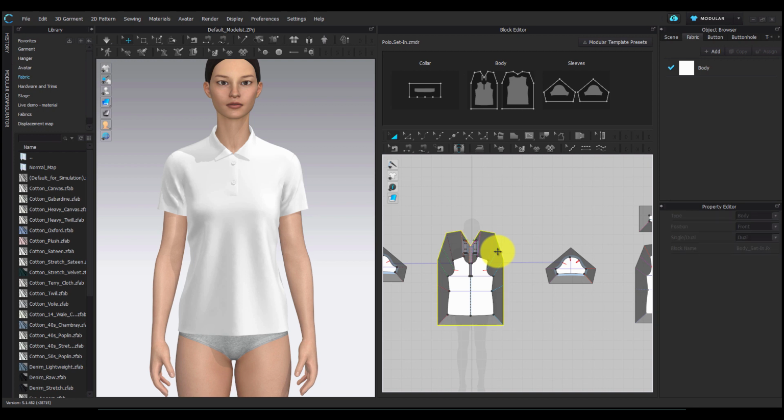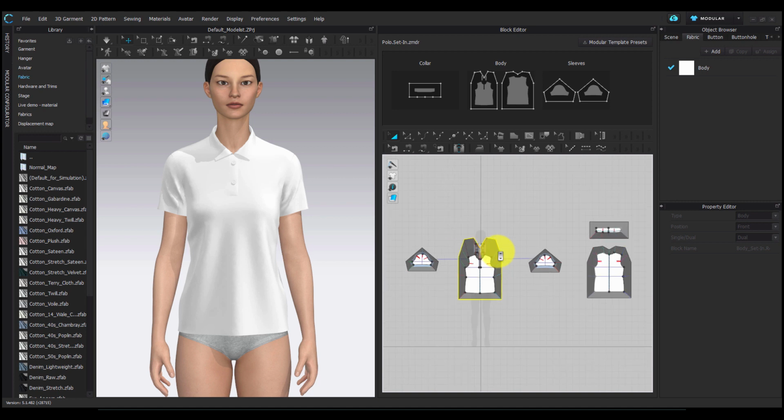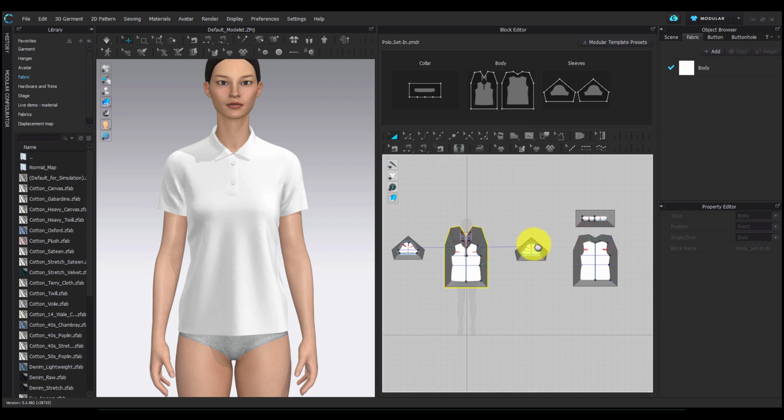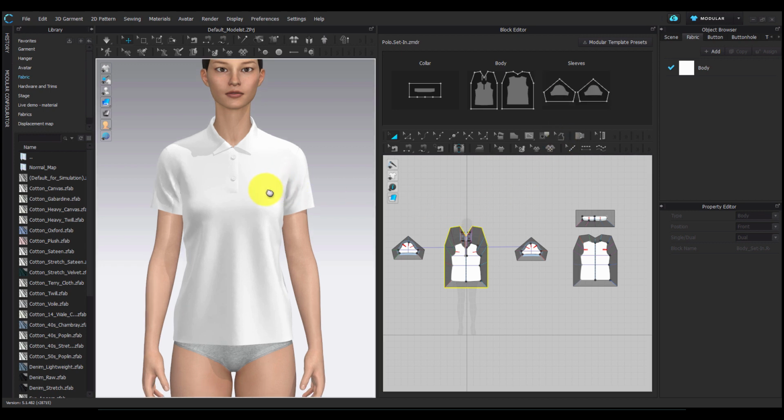All these pattern blocks are saved in our modular configurator from different garments. Now if I would like to customize a part of the garment, for example the sleeves or the body, I can do it here in the pattern on modular mode and save it. The garment I have now is divided into 3 parts: the collar, the body and the sleeve. So let's get into editing the sleeve pattern.